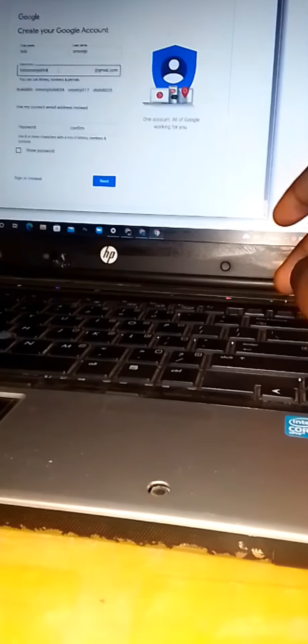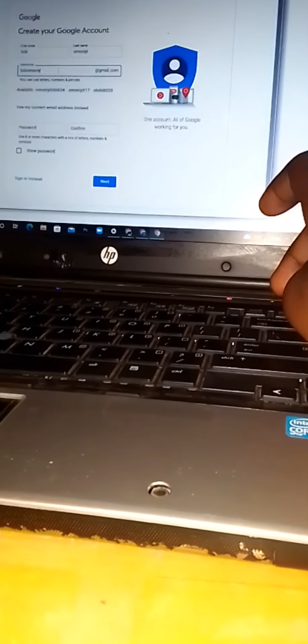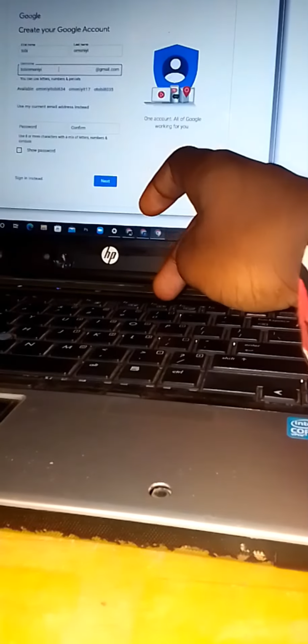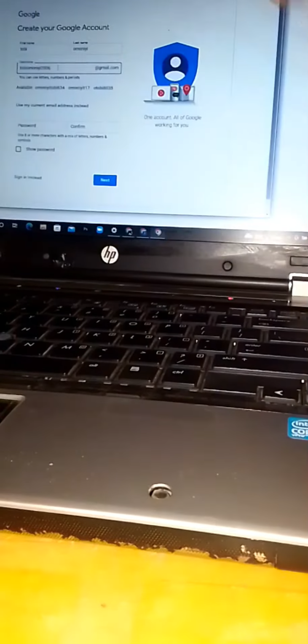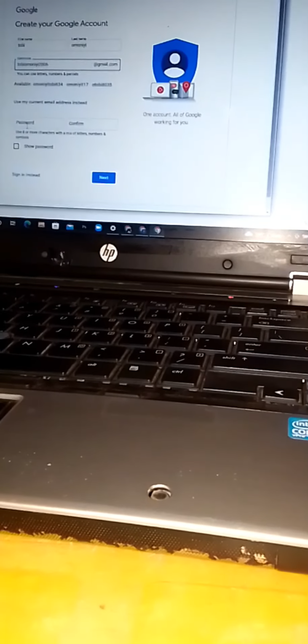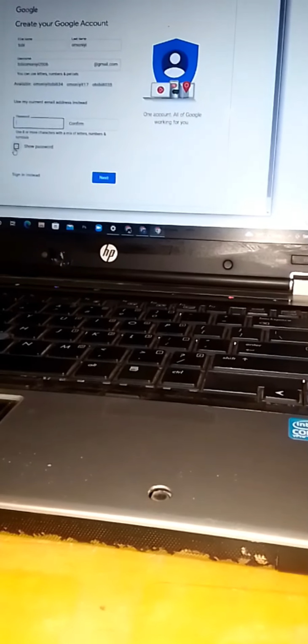Then they will ask you for the email you want to use yourself, and you can pick any one you like, as far as it's not something someone already has. Then choose your password. Next,